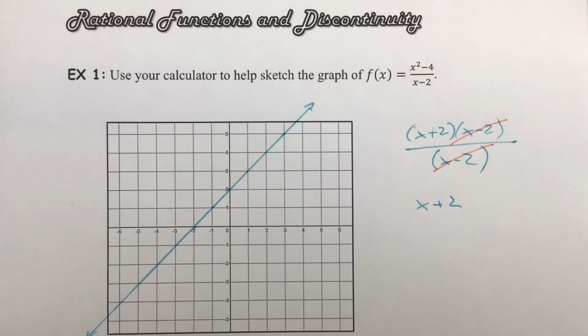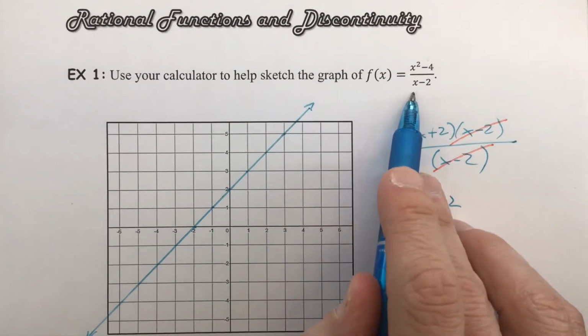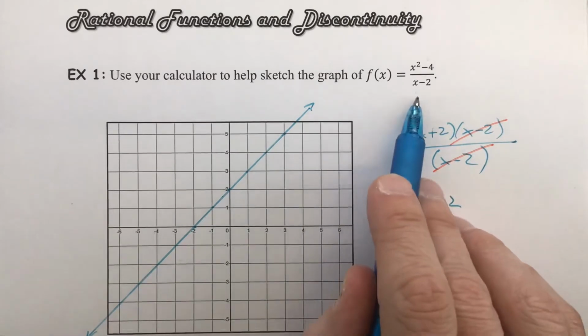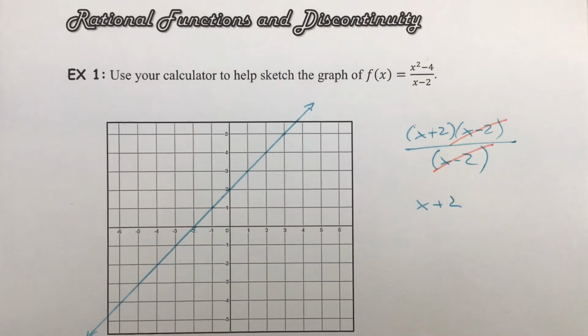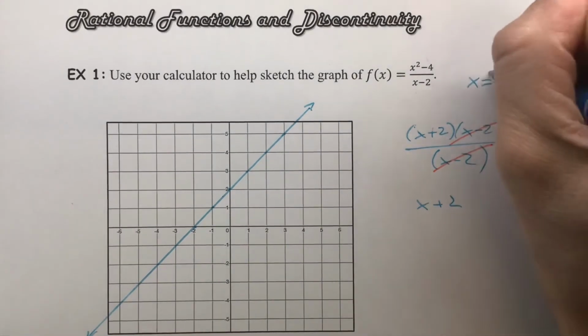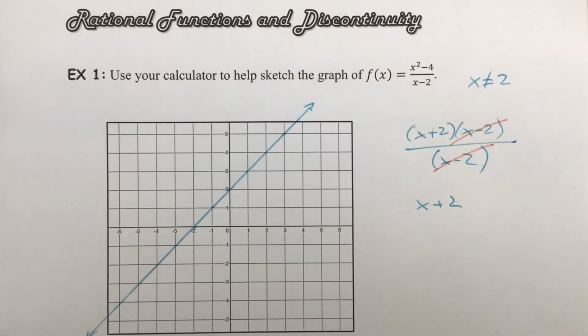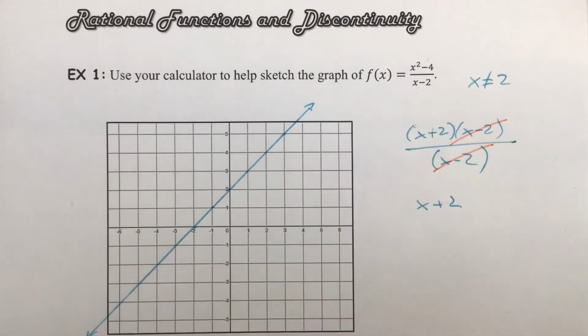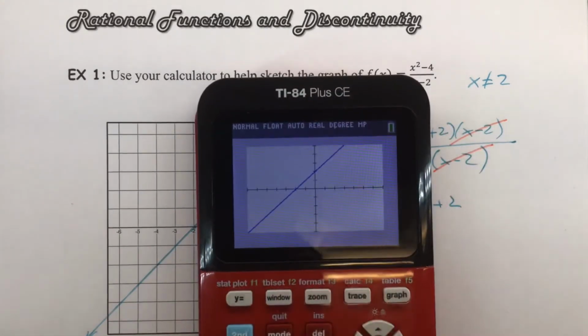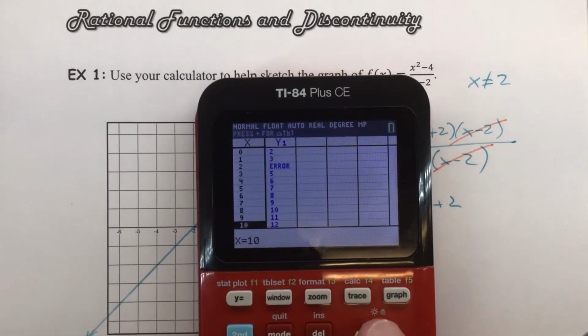See, if we go back to the original function, which is this, okay, before simplifying it, if we go back here and we talk about the domain, there is one value that this function can't be. X cannot be equal to 2. Because if you put a 2 into this, you're going to end up with a 0 in the denominator, which is going to make it undefined. Okay, now you can't see that in the graph, but if you go to the table, you're going to notice that at 2, we actually get an error